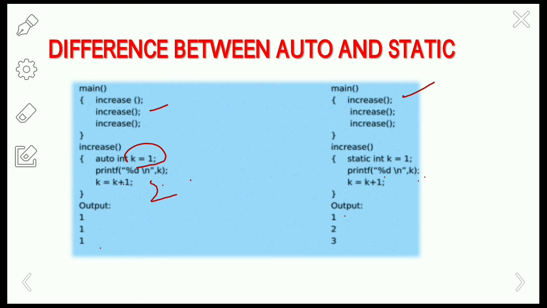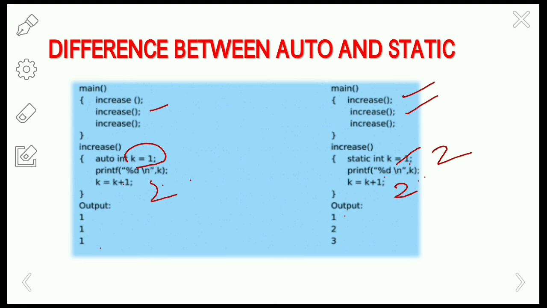In the second run of the increase function, it is going to increment the value. In the first run, k equals 1 is printed and the k value gets incremented to 2. So when the second increase function gets called here, the k value has become 2, and the 2 value gets printed here.